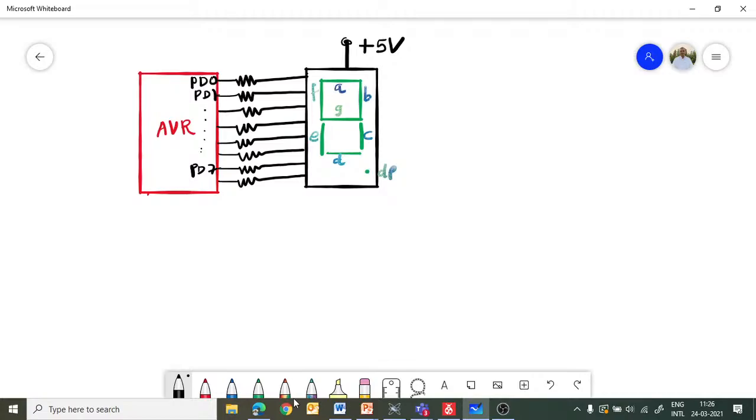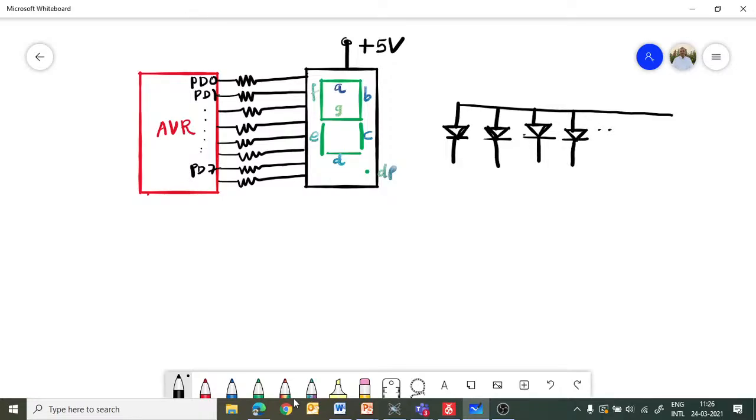A common anode display means it is something like this. Internally it is in this way. We have LEDs connected so that all the anodes are tied together. I will put dot dot dot here and then the last segment in this way.